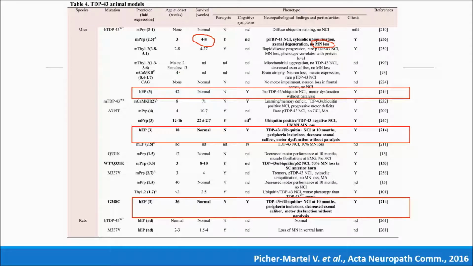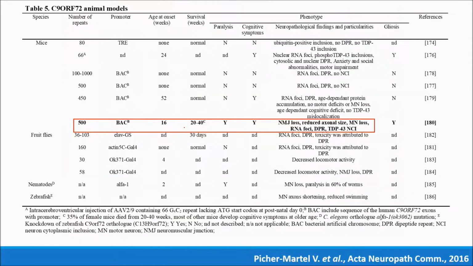So in our lab, we generated a few years ago 3 different mouse lines with mutations in TDP-43. Our mouse lines develop an age-related disease, but they do not get paralyzed. However, they have a strong TDP pathology, decreased axonal caliber, motor dysfunction and cognitive deficit. So they are great models, but they are not perfect models either. More recently,